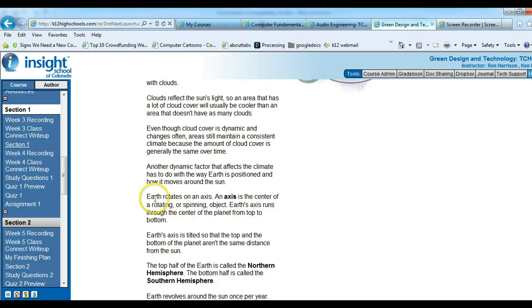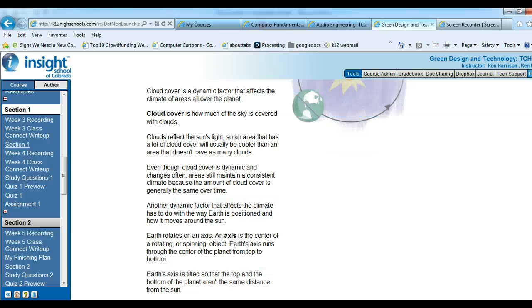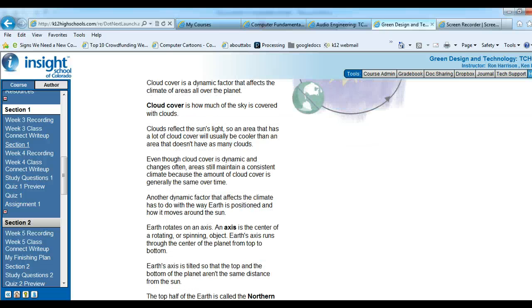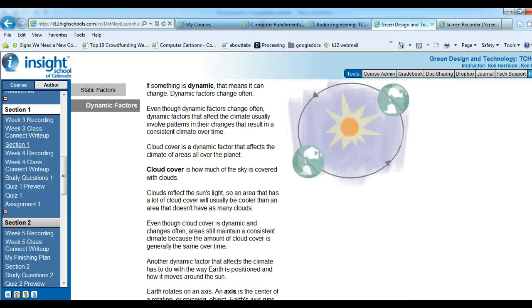The Earth rotating on its axis, you might say that is static, but it's actually dynamic because the Earth is tilted. Different parts of the Earth face the sun, or are closer or more direct to the sun, at certain times of the year. So you can see this picture, like right here,